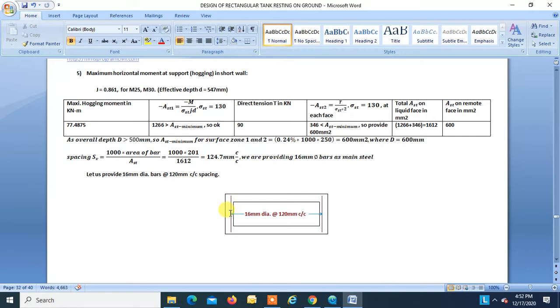Otherwise, if you want, you can reduce some steel in the center, but then the detailing will become very complicated. It's up to the designer whether to reduce the diameter of the bar in center or not, but I prefer to keep the same spacing and same diameter of the bar throughout the wall. So I have provided 16 throughout, though it is a little bit higher at the center. This is the steel which is required at the support, not at the mid span, but still I have provided the same.